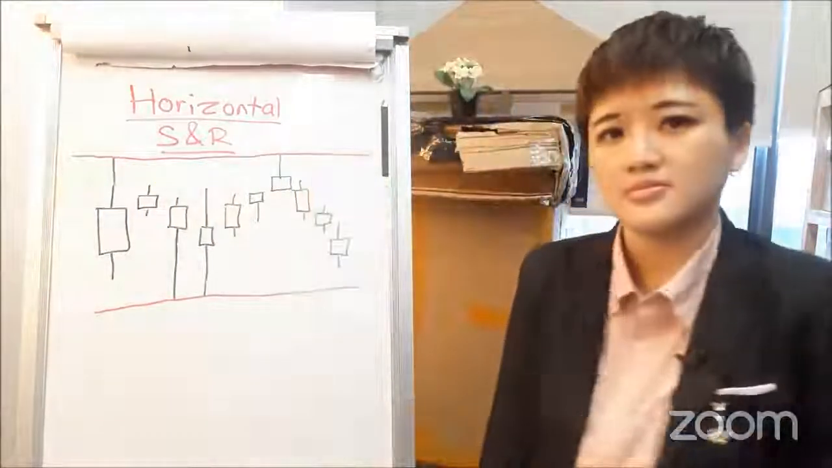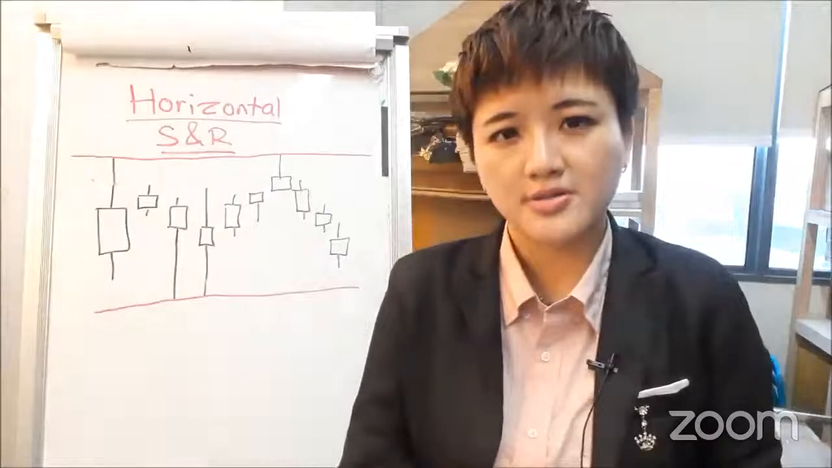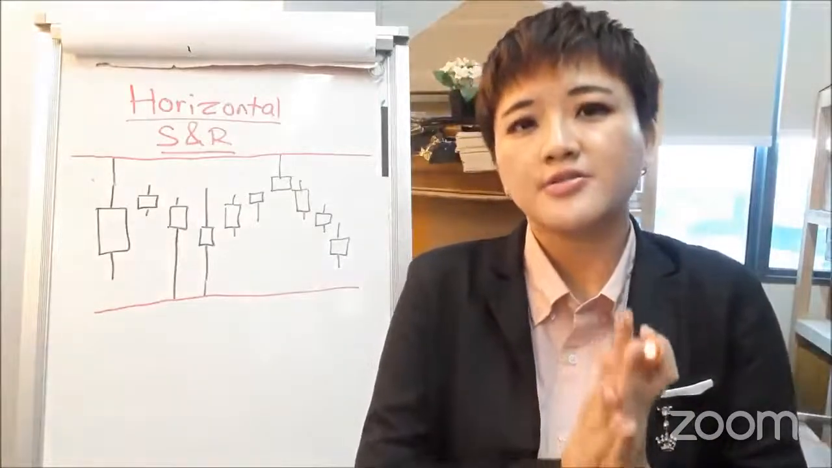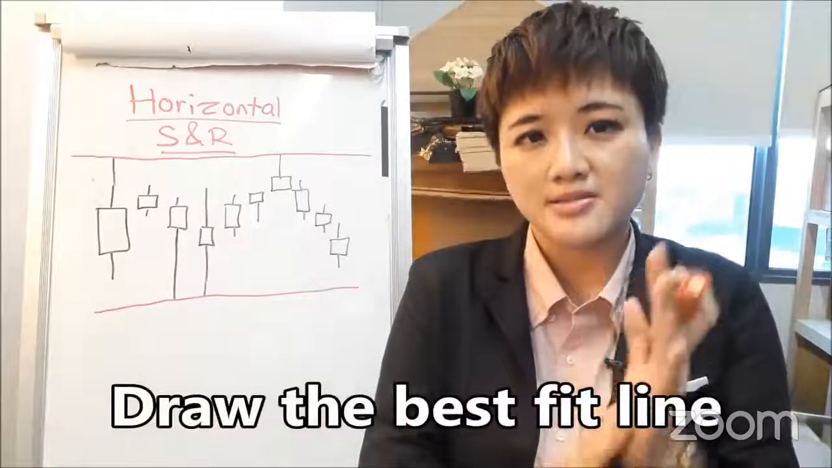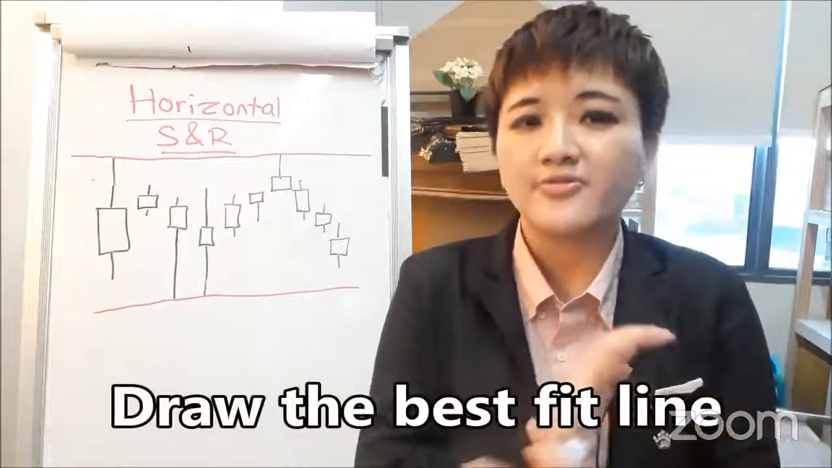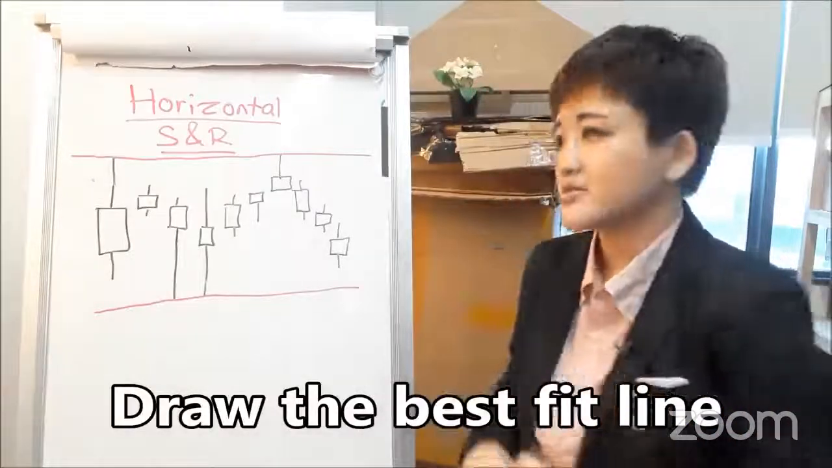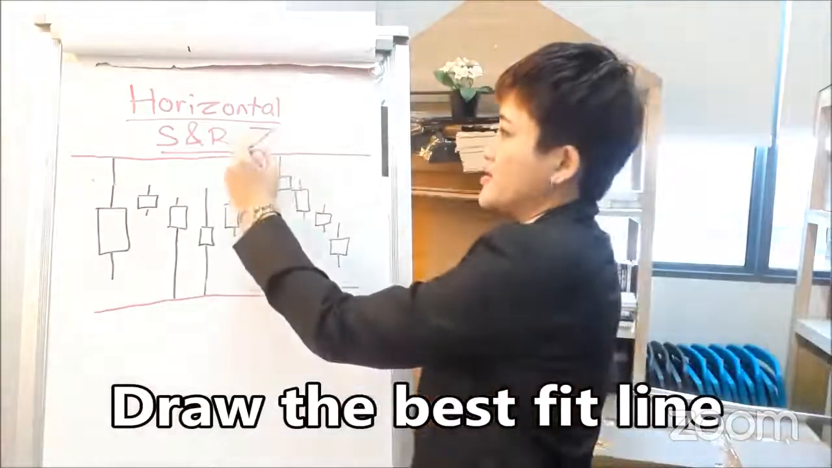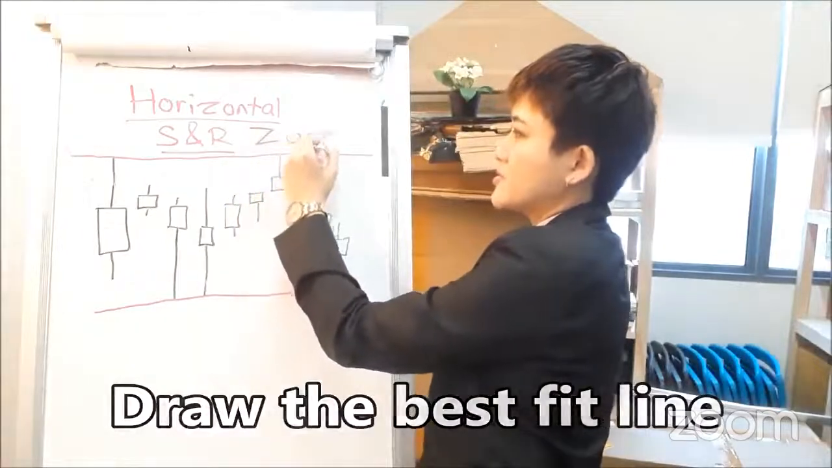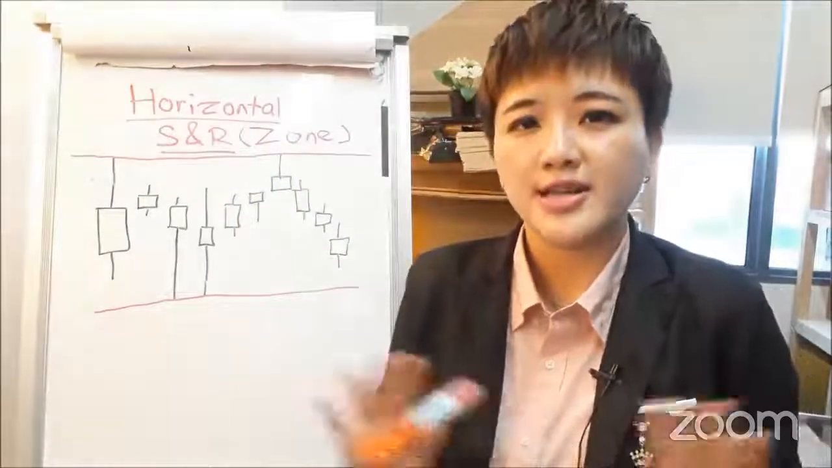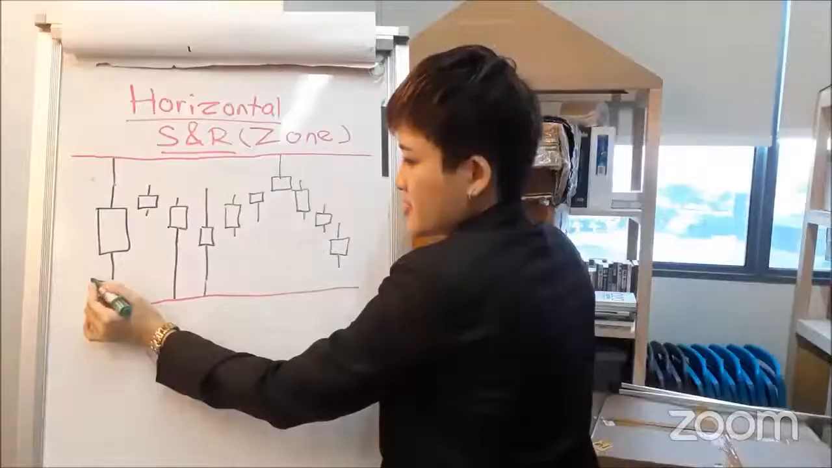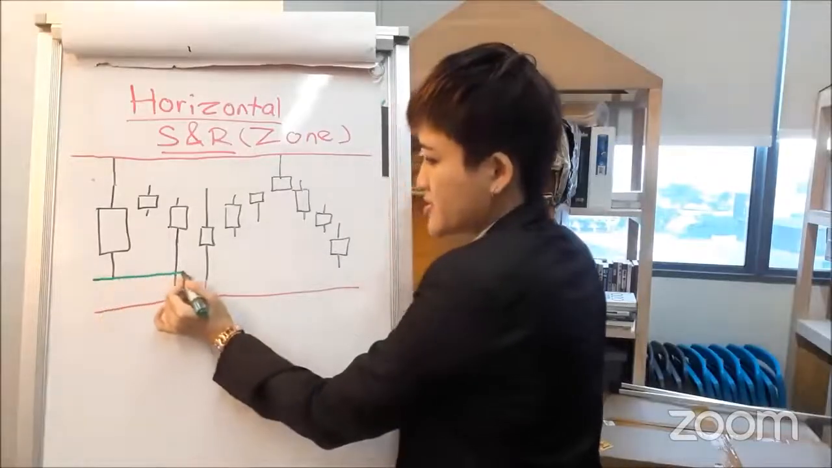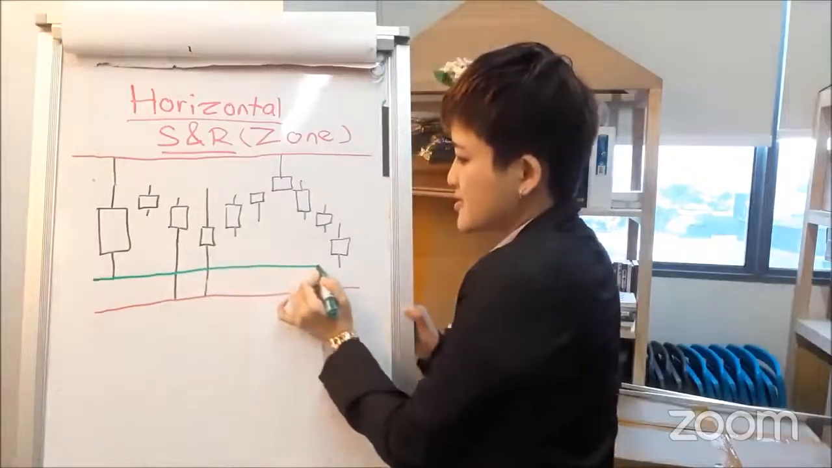Like that? Is this the right way to draw it? The thing about support resistance is that you need to draw the best fit line. In fact, it's not even a line. It is supposed to be a zone. So if I'm to draw a line just to make things simple, draw the point in which it touches the